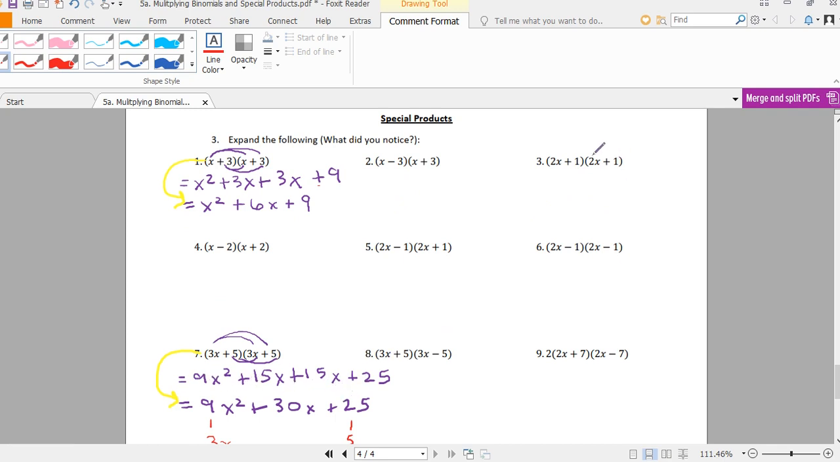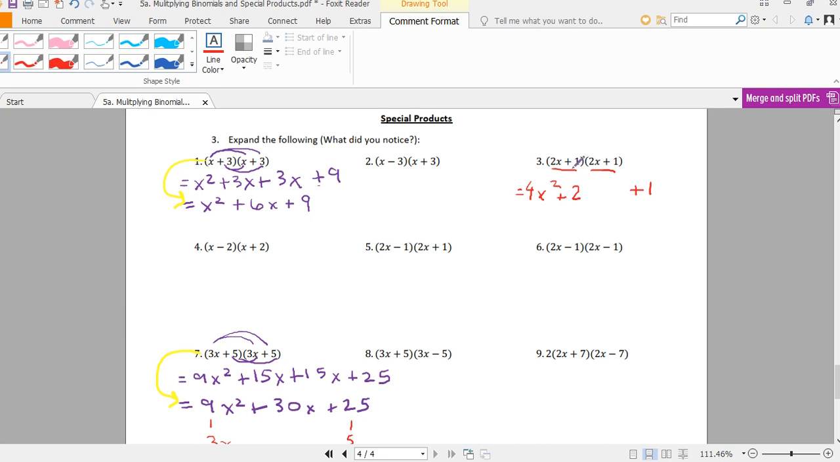Okay, so for example, in this case, is this a perfect square? 2x plus 1, 2x plus 1, they're both the same, they are. So I can quickly just go, okay, well it's squared, so 2x times 2x is 4x squared. Okay, and then the last term is 1 times 1, that's just plus 1. And I know the middle term is plus 2 times whatever